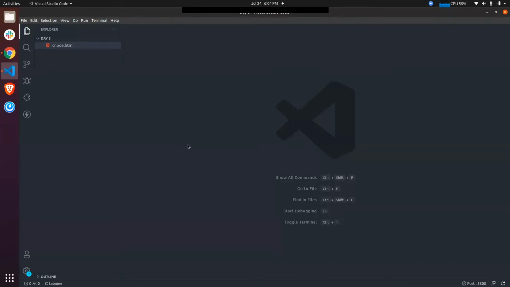Okay, before that, let's talk about DOM. The full form of DOM is Document Object Model. Now, what is a document object model? A document object model is something which the browser renders when it gets HTML.